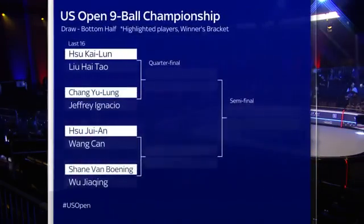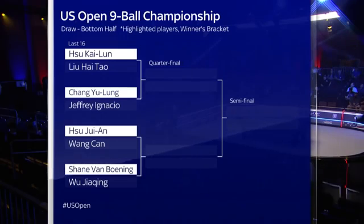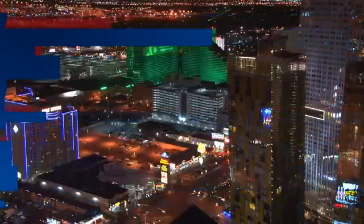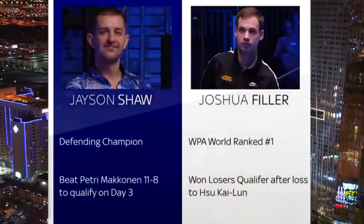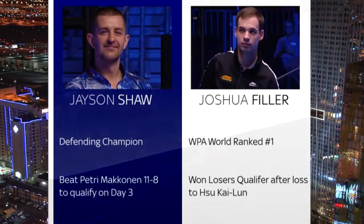In the bottom half, players from the East dominate the draw. Shane Van Boening is the only American player to survive. Those in the highlighted boxes come from the winner's bracket and face a player from the losing bracket. The opening match sees the defending champion Jayson Shaw take on world number one Joshua Filler for a place in the